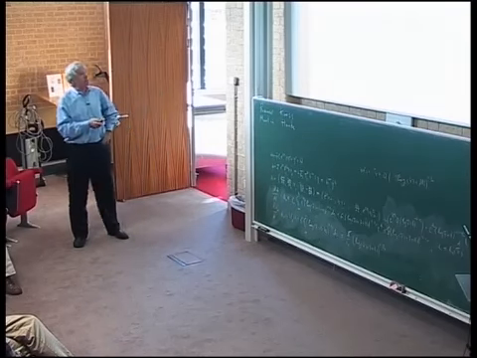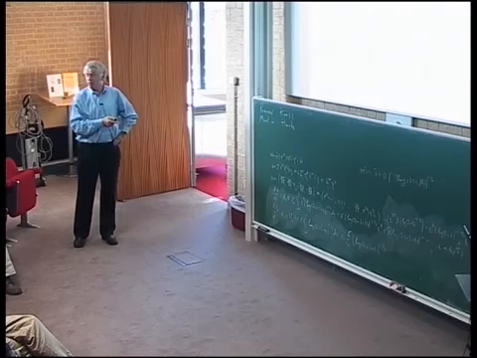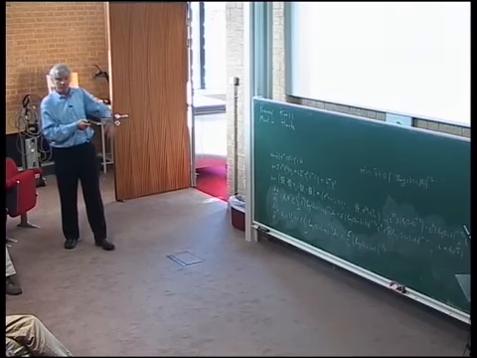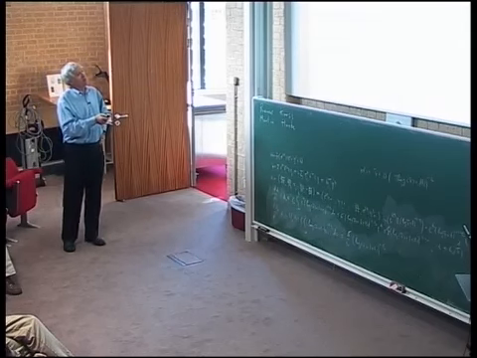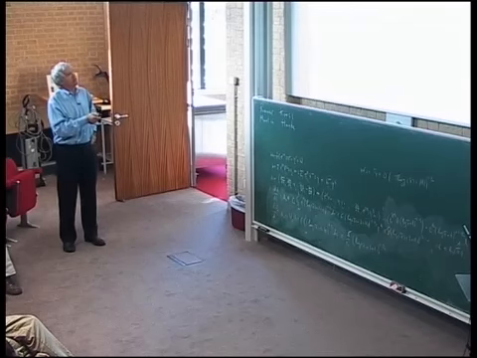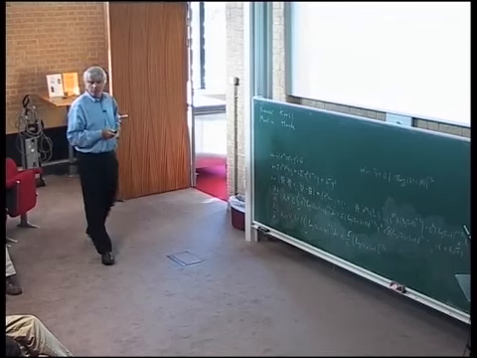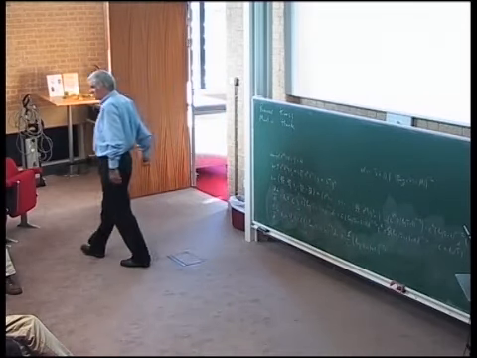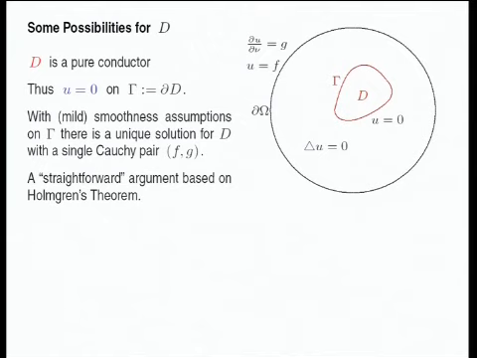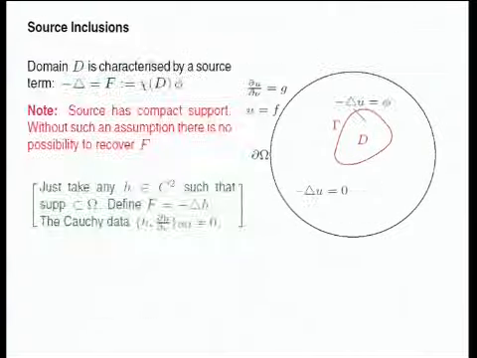So now, since we know the outside, from now on, the outside will be a circle, right? It's not, but we can simply say we know this. And supposing that I know that D is a conductor, a piece of metal, right, pure conductor lying in a conducting matrix. And you want to try and find what D is. Well, it turns out that for one Cauchy pair, you can actually recover D by a quote straightforward